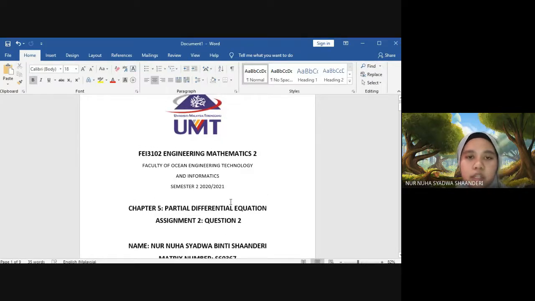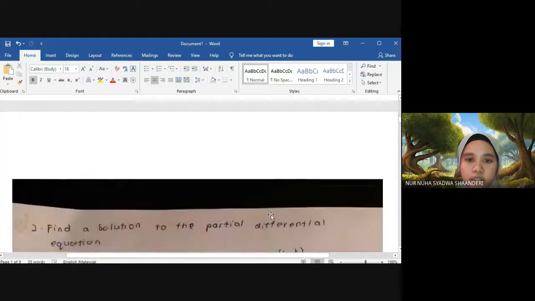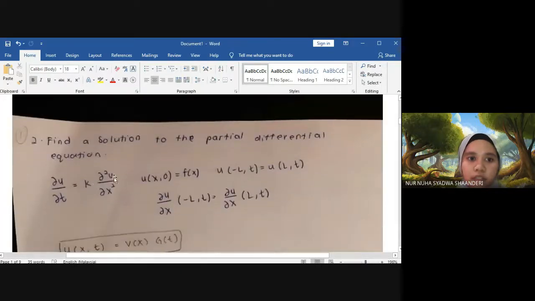So for Engineering Mathematics 2, I have been assigned to do a video presentation on Assignment 2 Question 2 under Chapter 5 Partial Differential Equation. So the question is, find a solution to the partial differential equation. And this is the given equations, which is del u over del t equals to k del squared u over